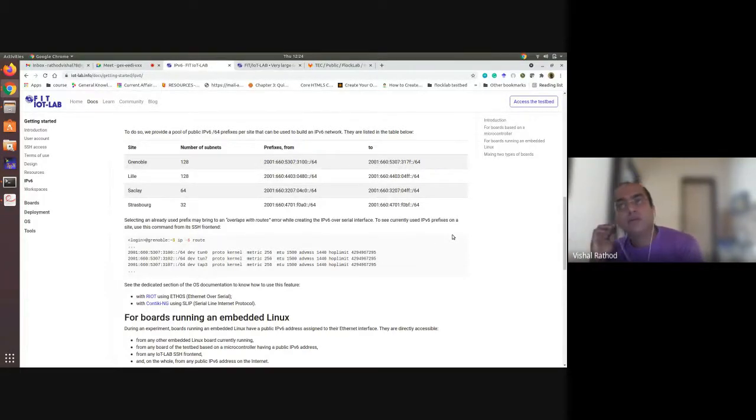Now you said that you have a doubt: how can I know which IP address out of this range is available to me? For that, there is one command. After logging in through SSH at a particular site, you have to run the command ip -6 route.